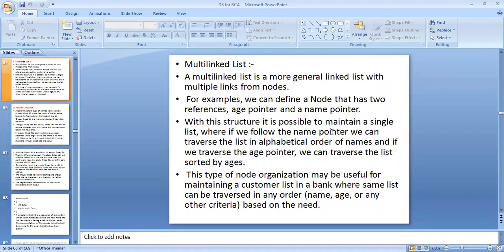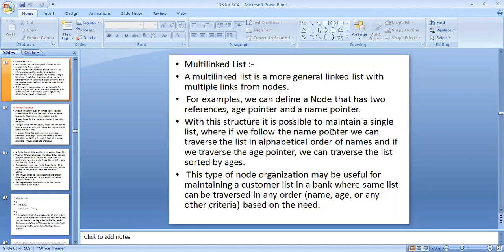So multi-linked list. A multi-linked list is a more general linked list with multiple links from nodes. For example, we can define a node that has two references, an age pointer and a name pointer.